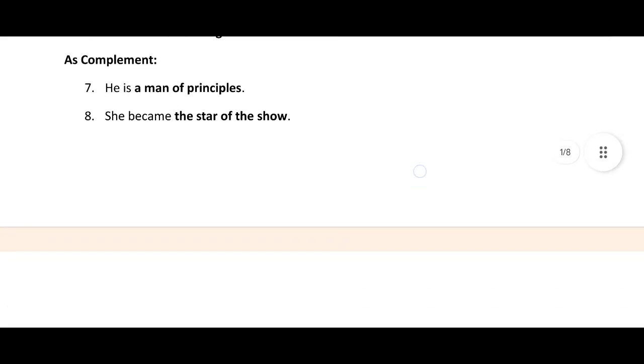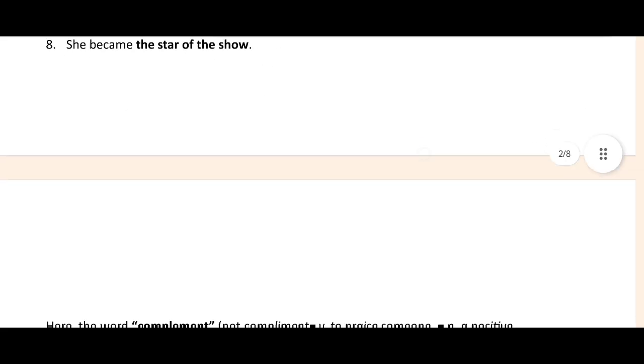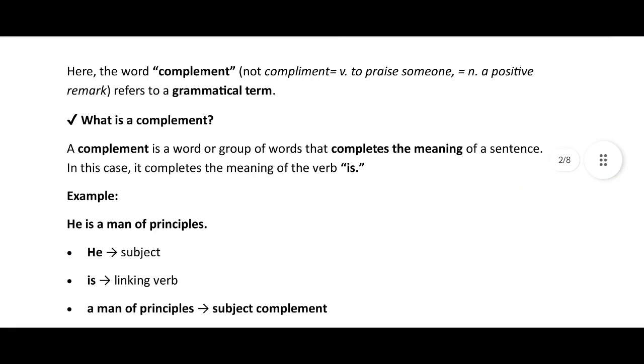Complement. We can also use a noun phrase as a complement. He is a man of principles. Here I am telling something about him. That is, he is a man of principles. She became the star of the show. So here what is meant by complement? Let us discuss. There is a difference between